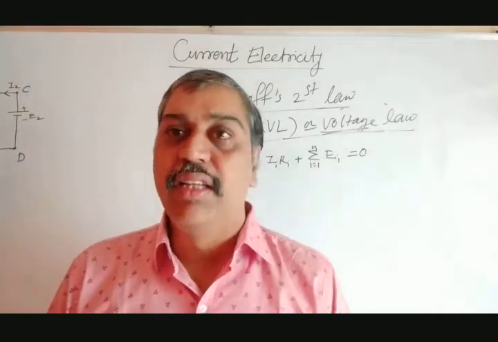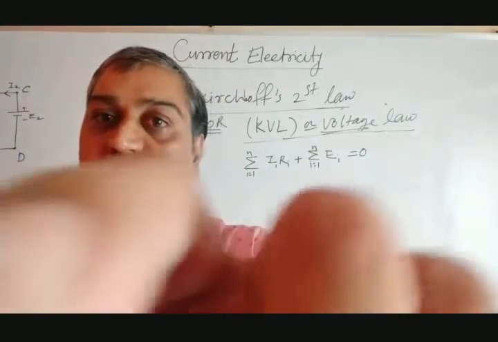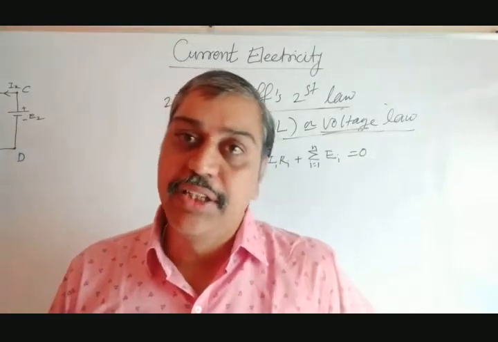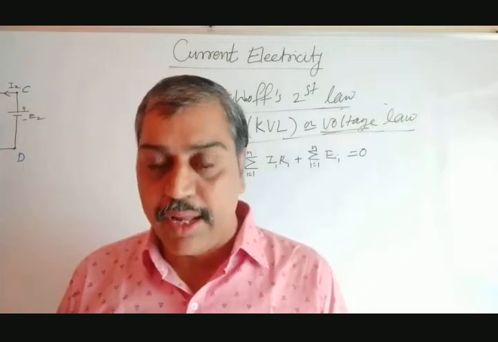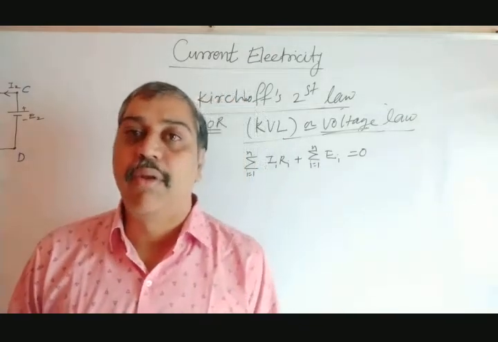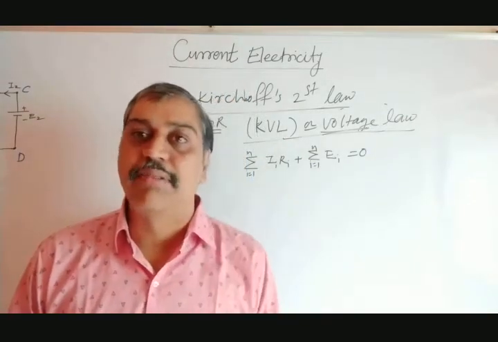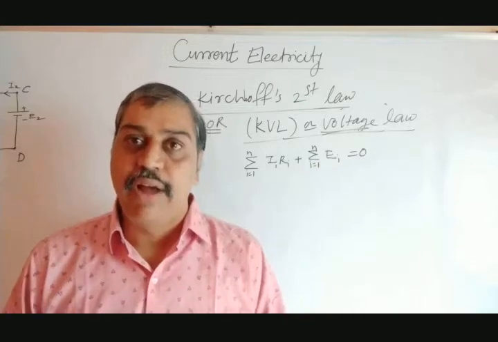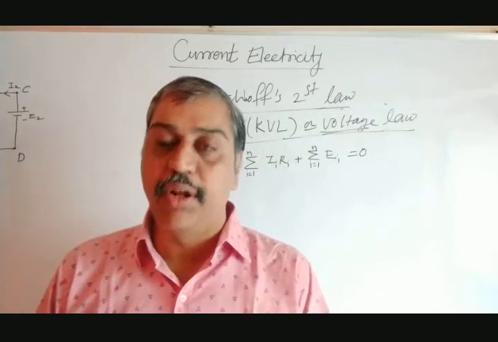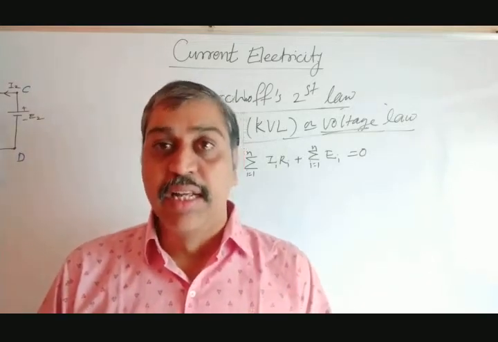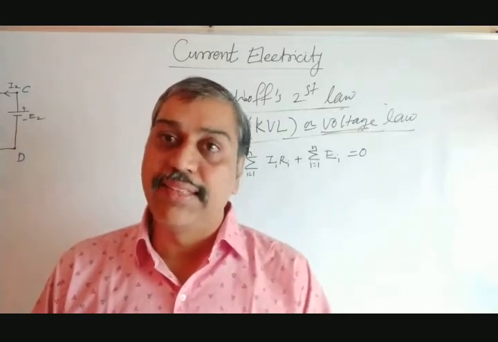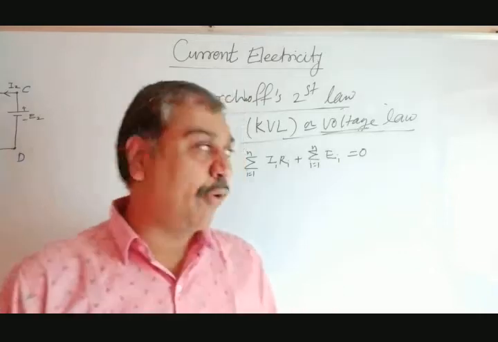Now here again there are some sign conventions. What are the sign conventions that we have to see? Initially in Kirchhoff's current law we saw current coming toward a junction is positive, leaving away from the junction is negative. Similarly, in this law there are some sign conventions. What are they? When we trace the loop, consider the direction of tracing the loop in the electrical circuit. If you are tracing the loop in the same direction as the current flows, then that potential drop is